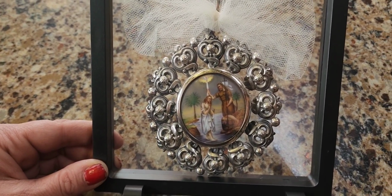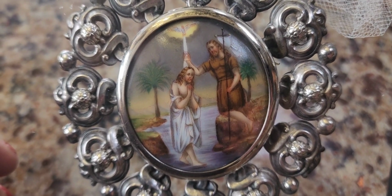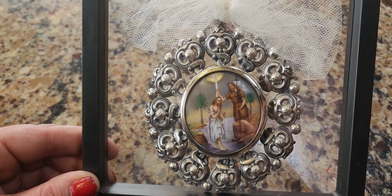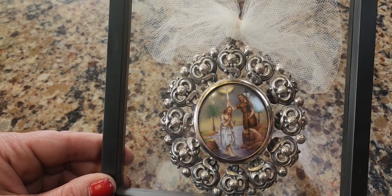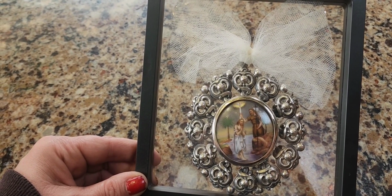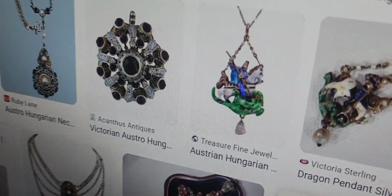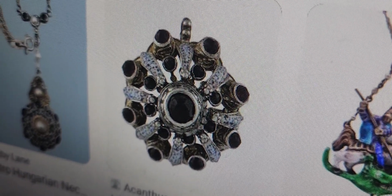All right, so let's find out. Now, Austro-Hungarian, we do know it's a religious piece, because we have this disc with the religious scene on it, on porcelain wafer. And on the inside, we have the paste rhinestone cross. We have the inscription. We know it wasn't on a Sunday that this happened. So this could have been something that was presented to a clergy member of, I'm going to guess, the Catholic Church. I could be wrong, but I know it's probably a clergy member. It could have been when somebody was made a priest, or a bishop, or a cardinal, or whatever. The Austro-Hungarian, even costume jewelry, not fine jewelry, is highly sought after because of the beautiful, almost Byzantine designs,